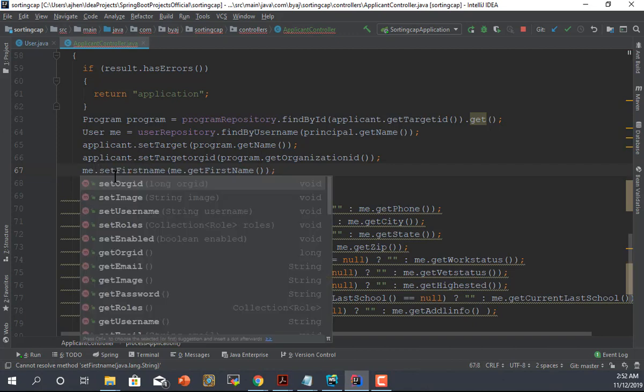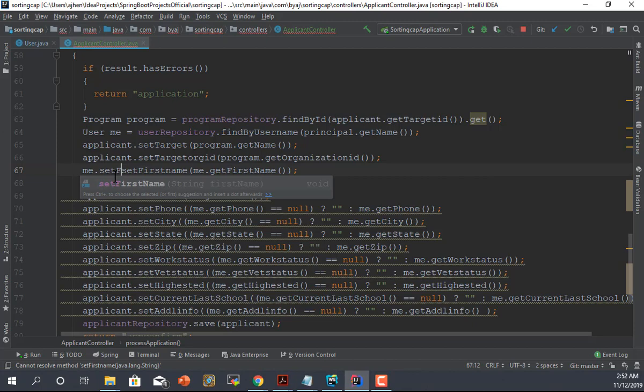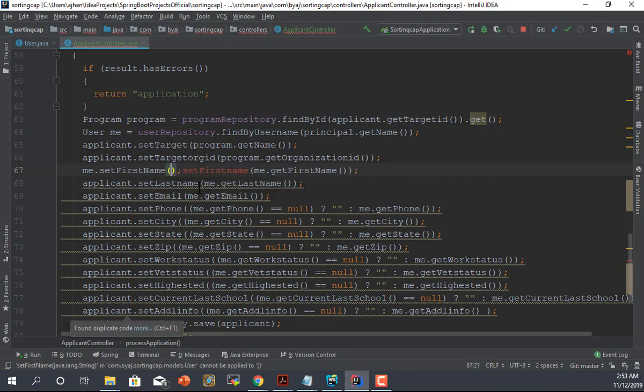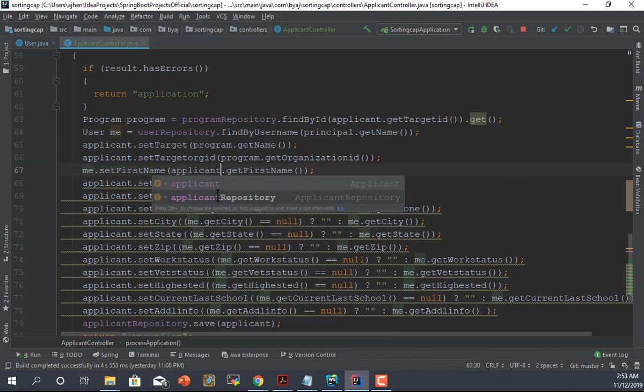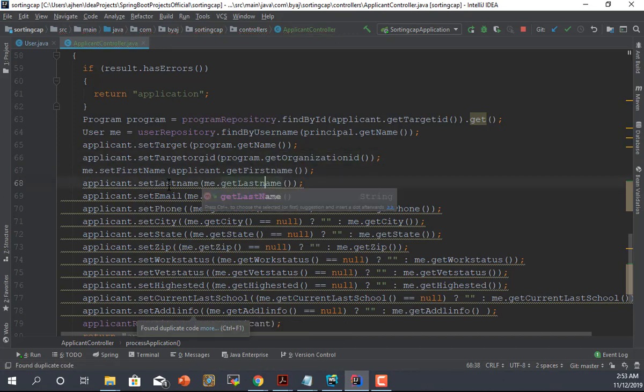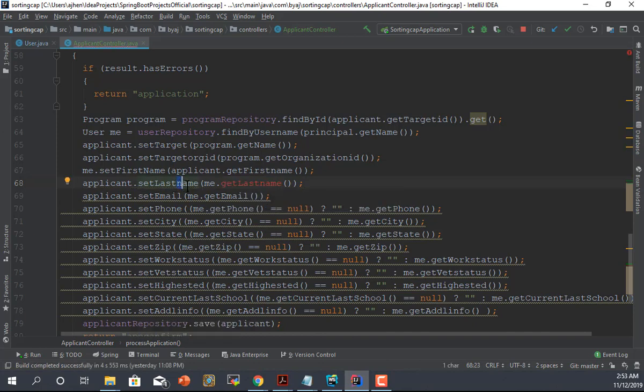What, me doesn't have a... Oh, the capitalization is different. It's equal to applicant.get first name, and then the capitalization there is different. That's annoying. So this will be a lowercase n, this will be an uppercase n,